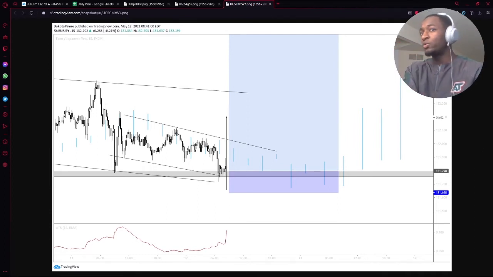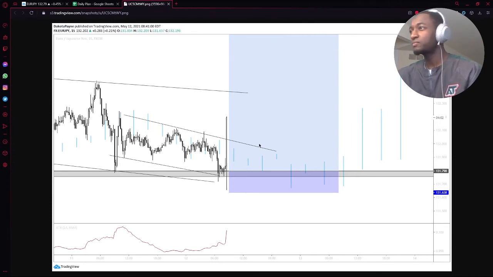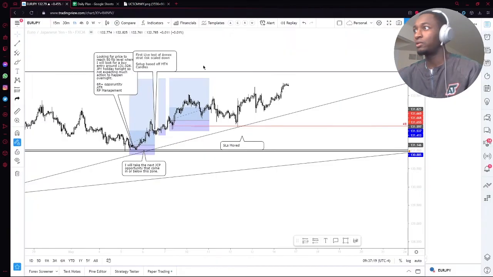Now in my system, I don't use limit orders just yet. I am working on it, believe me. I'm having fun working on it too. I'm seeing some interesting, fun things. But I haven't implemented limit orders yet, though this would be a time that I would implement them. But in this situation, my SL would have probably been hit because of the spread. It came probably less than a pip away from my stop loss, or a pip, something like that. So I think I would have been stopped out of that anyway. But price ultimately did end up pushing up, but I wasn't able to get in on it anyways.